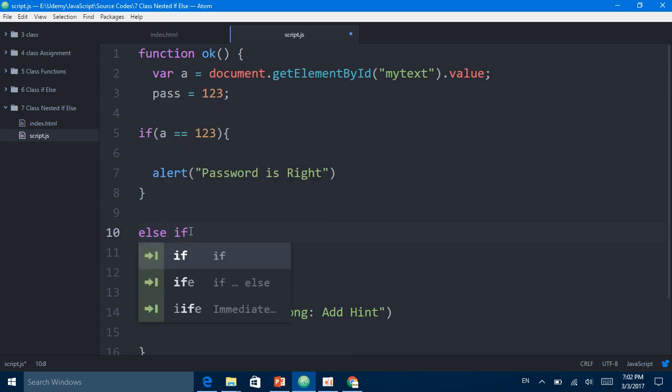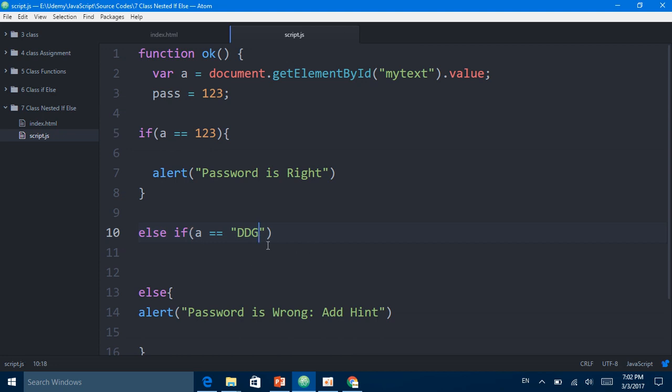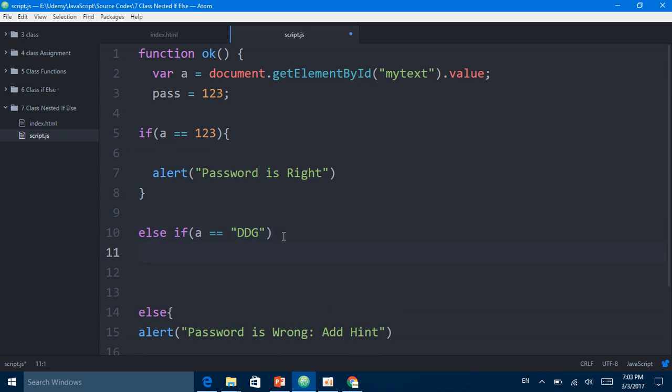It is else if. Suppose my variable equals abc, or any other string, as a hint. This is a simple hint, ddg. Then add an alert: your